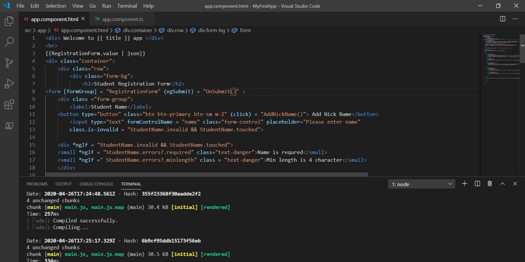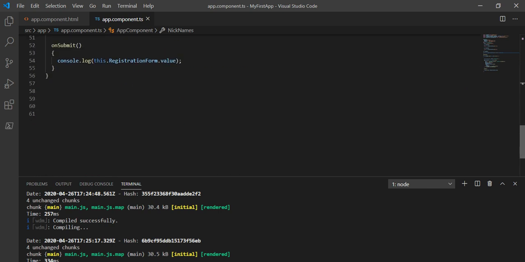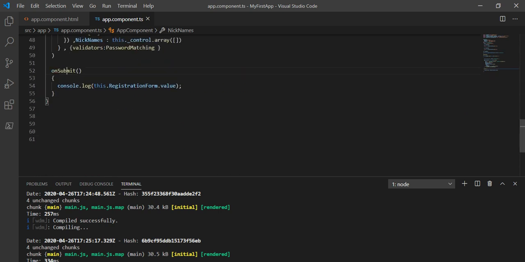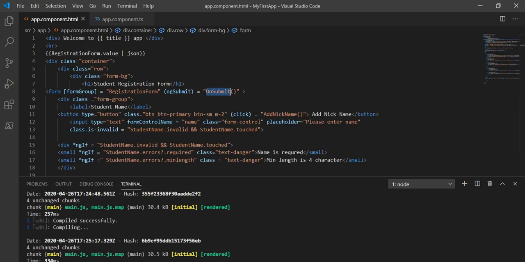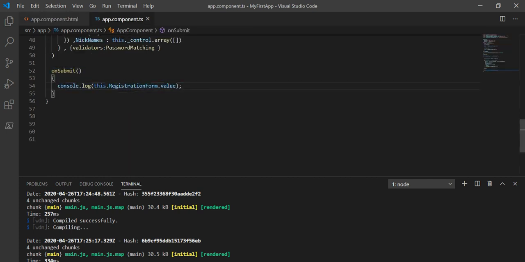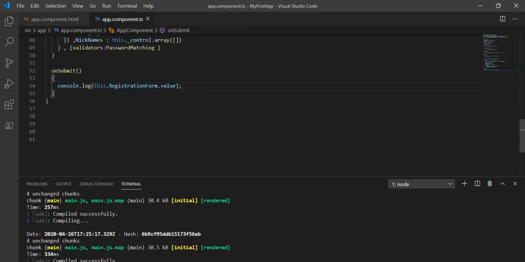I'm going to define this function in the component, and show this information in the console log. I have already written this onSubmit function here. So I have attached a submit event to this form, and when we click on this submit, it will show this information on the console.